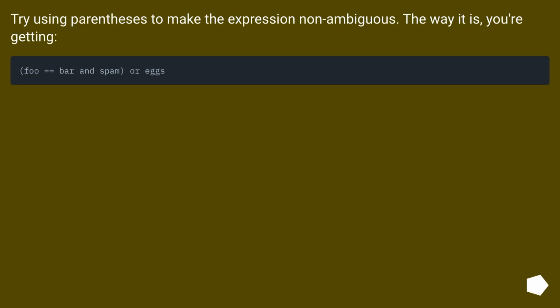Try using parentheses to make the expression non-ambiguous. The way it is, you're getting